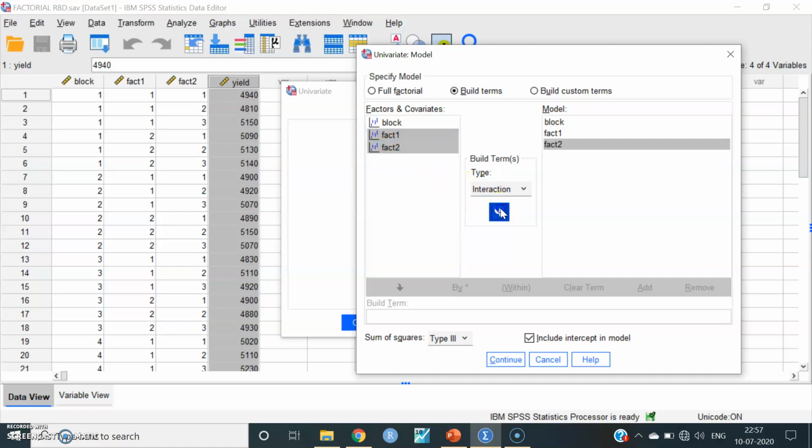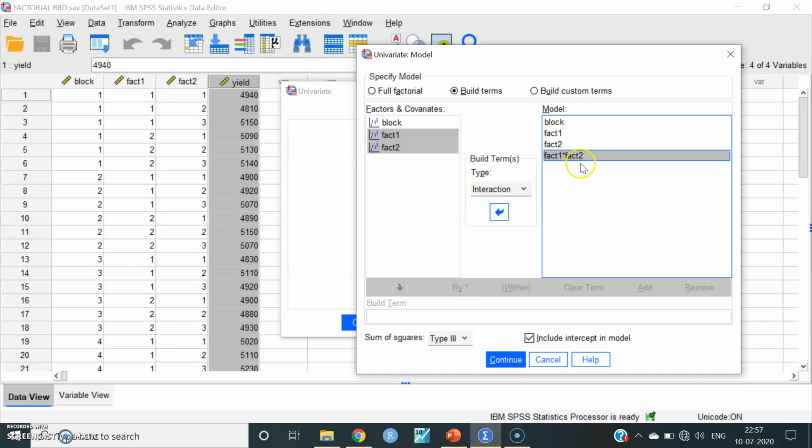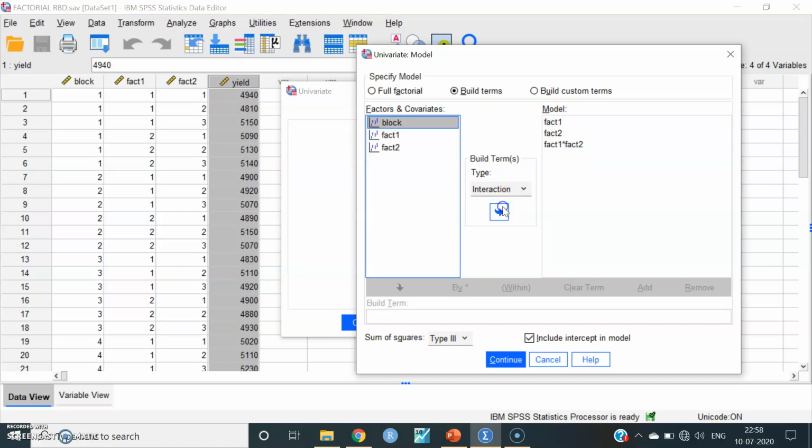Then only the interaction will come, factor 1 into factor 2. These 4 terms are required for factorial RBD, that is block, factor 1, factor 2 and interaction of factor 1 and 2.